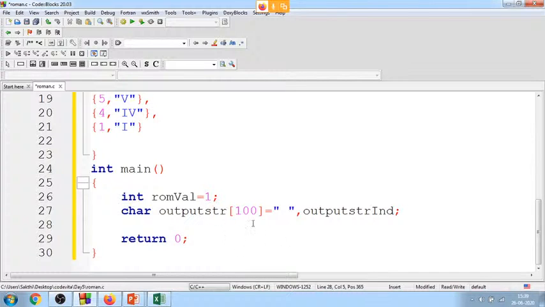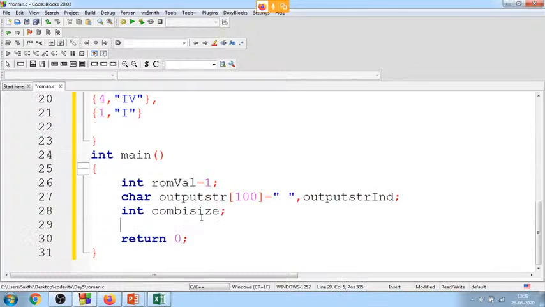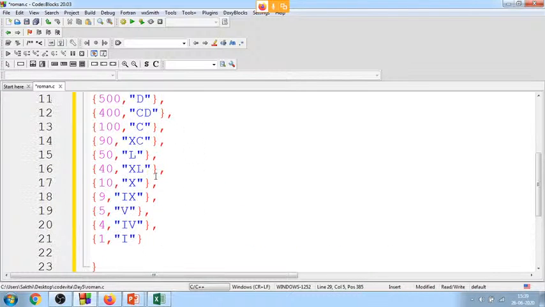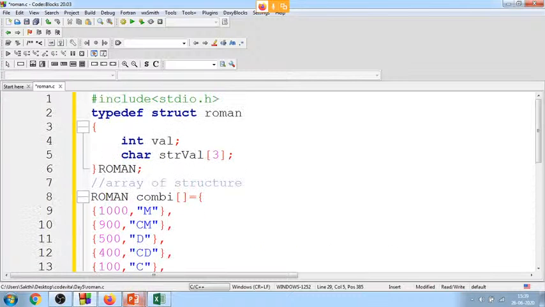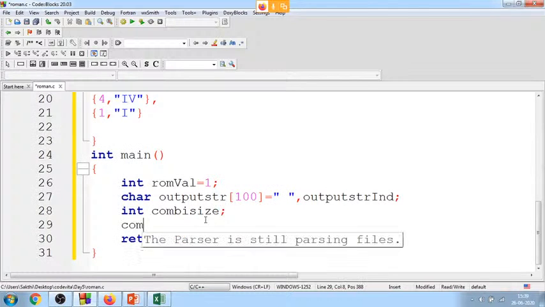Let me have a variable name called combi size, which is nothing but I am going to calculate the size of the array. How can I calculate the size of this particular array of structure? I am going to calculate what is the array of structure size. So I can calculate it such a way, combi size, in which you are going to store a value,